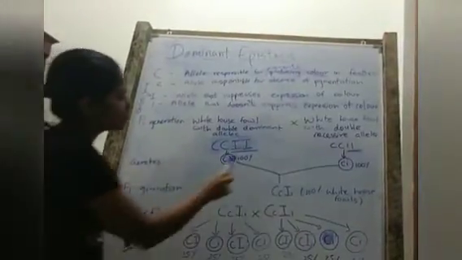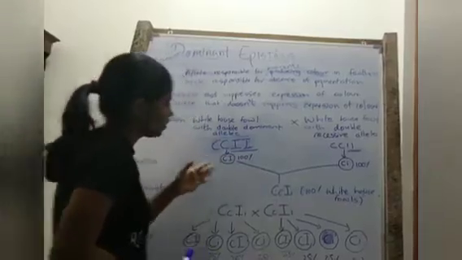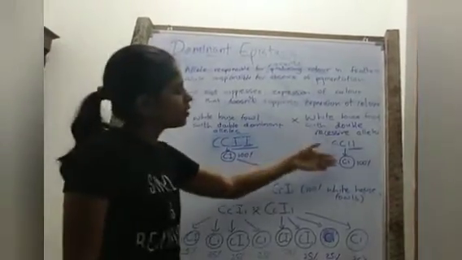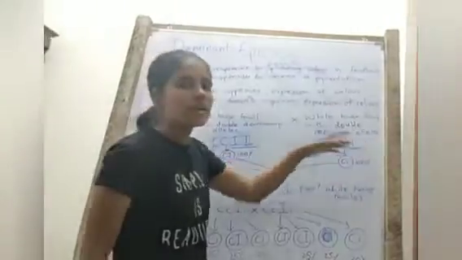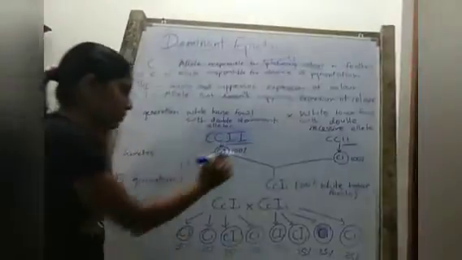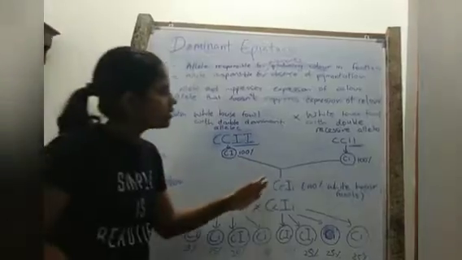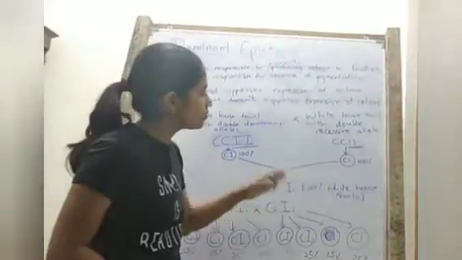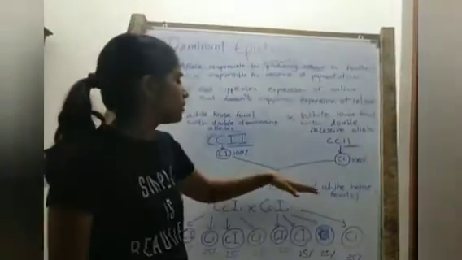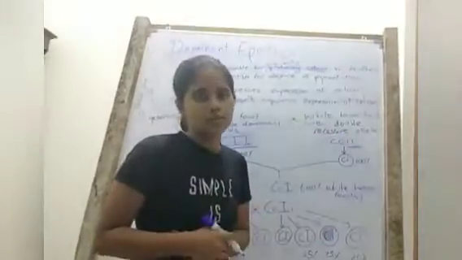Okay. And then we write out the gametes. Here 100% capital C, capital I gametes are given out. Here 100% simple c, simple i gametes are given out. Then mating occurs and the F1 generation is obtained. Capital C, simple c, capital I, simple i. The phenotype is 100% white house fowls.